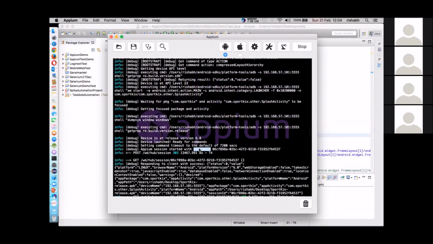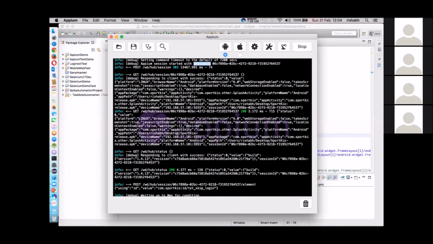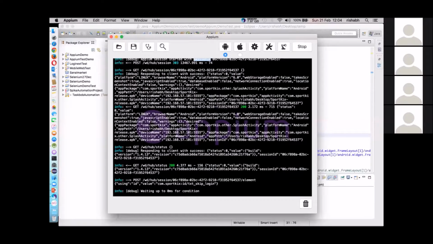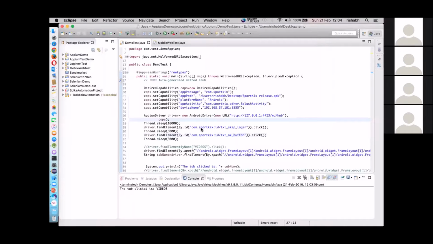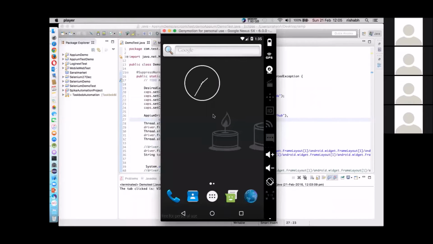And this is the session ID about which we were talking, because every automation scenario will be linked to this session ID. Using this session ID, you can perform other things also. In every request and response, you will see this session ID. So this is basically the simple example of automation using Android plus Appium.